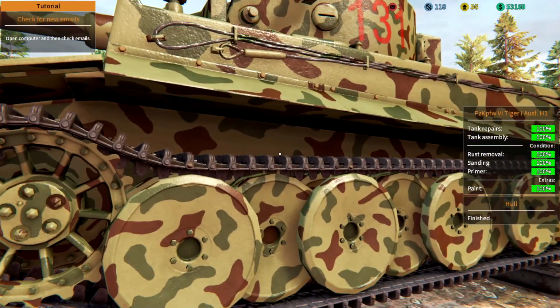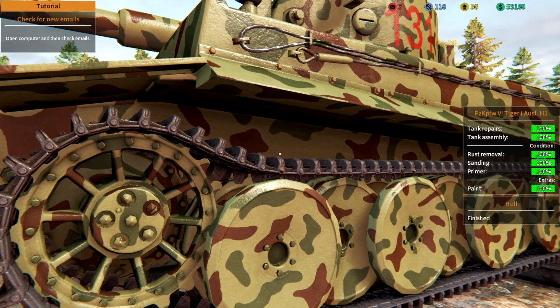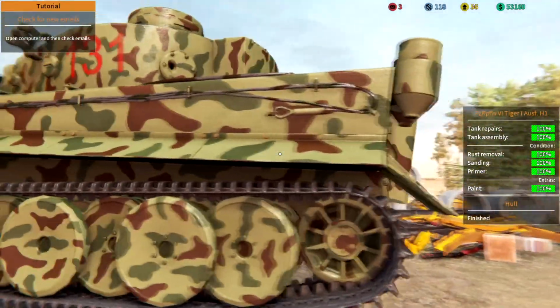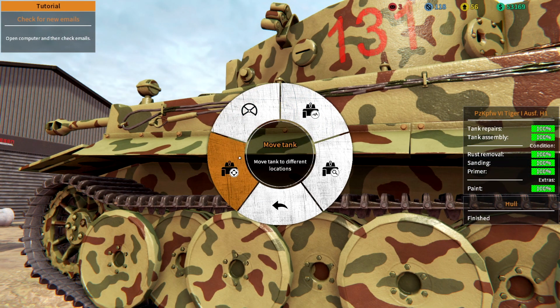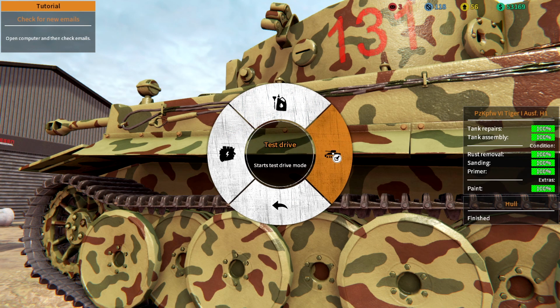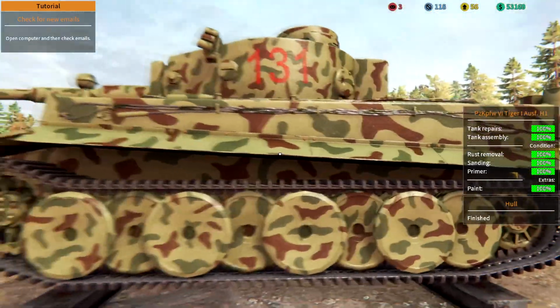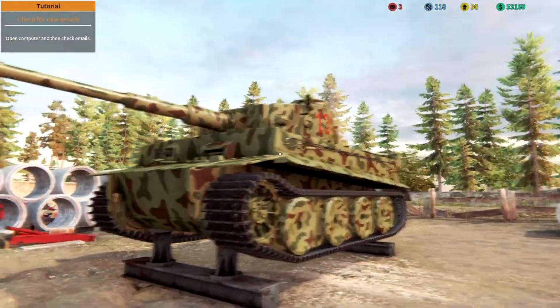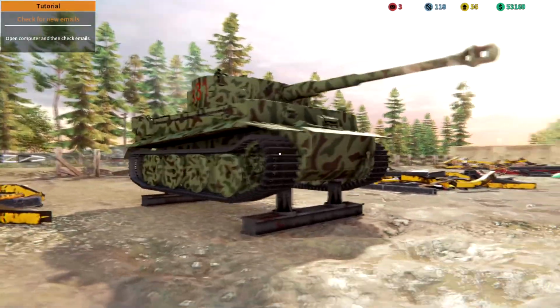Toggle engine. Will it start? It does start. Cool. Then we can actually take it now for a proper test drive. Oh, we cannot take it for a test drive because we didn't actually finish it yet. We didn't unlock that, then we need to go through the mission, but this is our Tiger, our first build